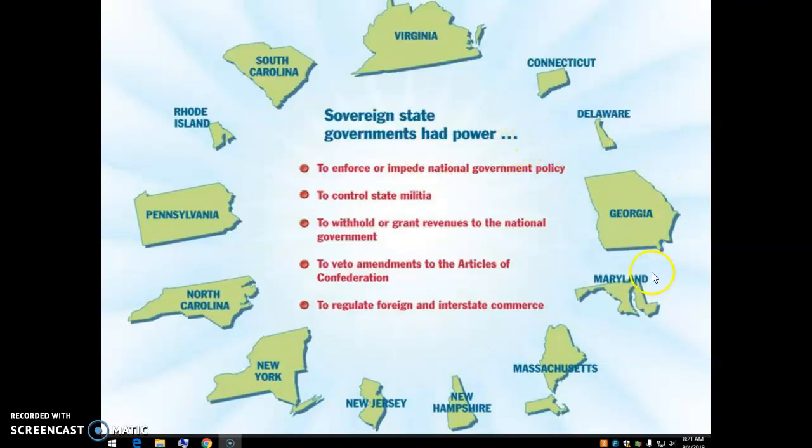You can see here what some of the powers were. Like they controlled their own militias. Okay? They were able to veto anything that they wanted to. So again, it only took one state to say no, that you could not make something, you could not amend the process. They could bar trade. If they wanted to say, we don't want to trade with England, they could do that. If Virginia decided they didn't want to trade with Maryland, they could do that. So the states, again, they have more power as a whole than the federal government.